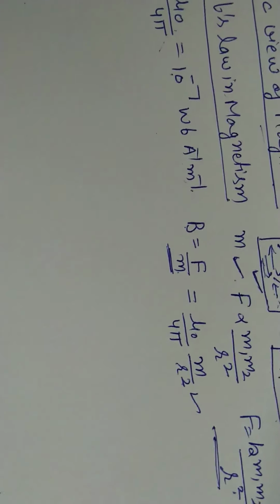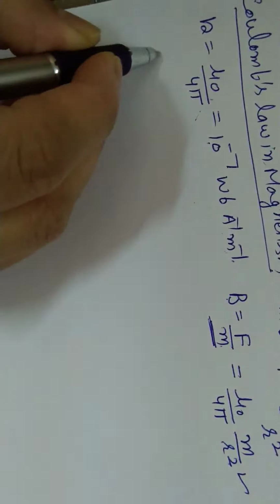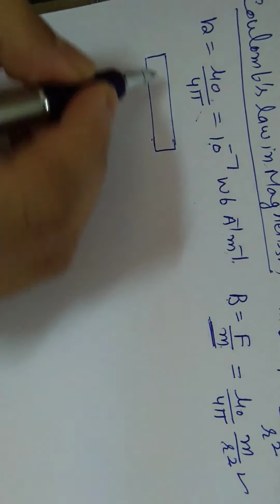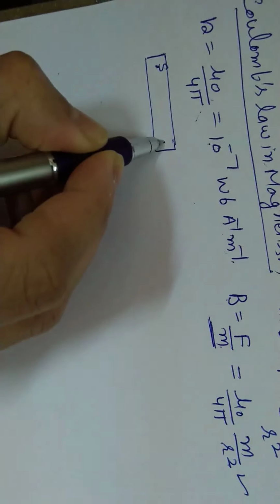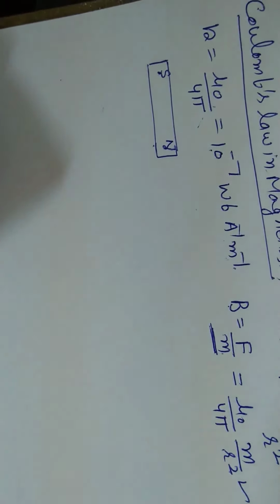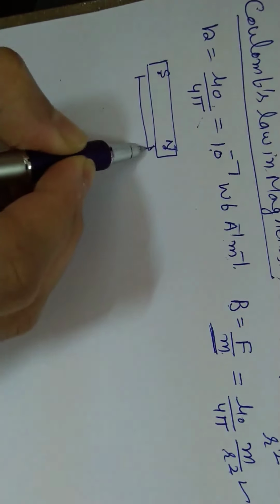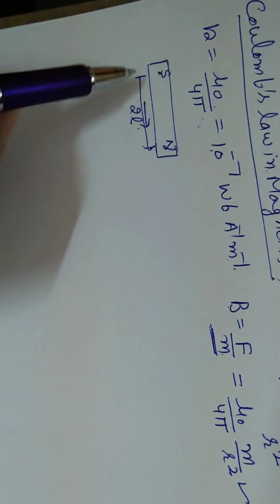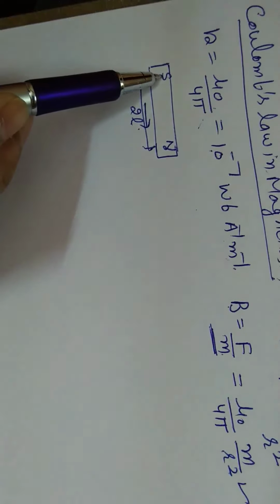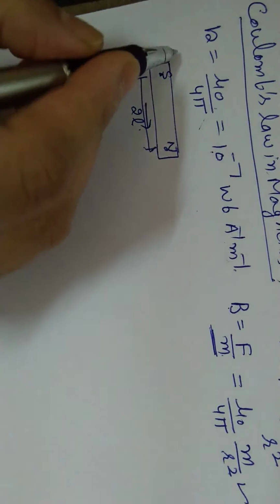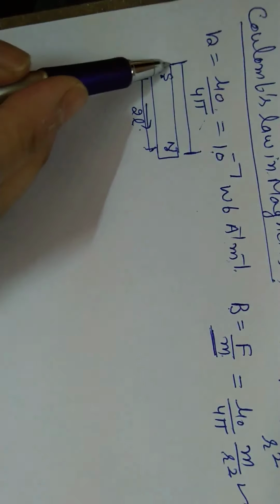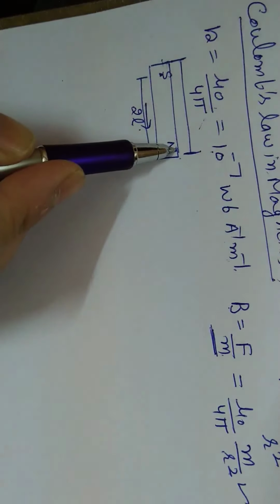So this bar magnet is considered as a magnetic dipole, and the two poles lie a little inside. The length between them is called the magnetic length, 2L vector, that is always directed from south to north pole, but the actual length is called the geometrical length, that is the length of the geometrical shape.